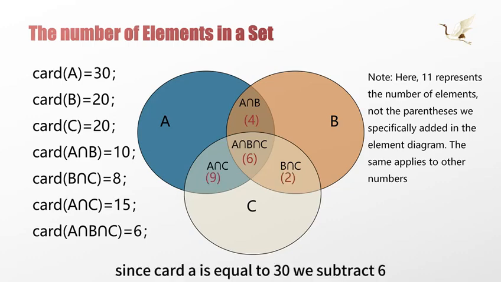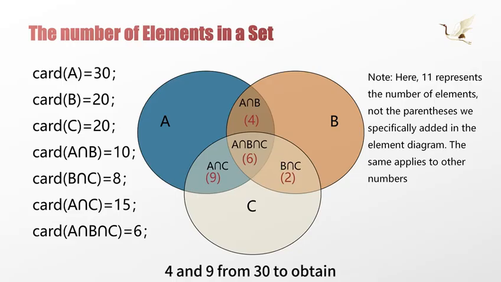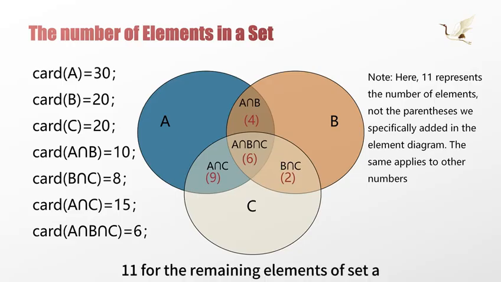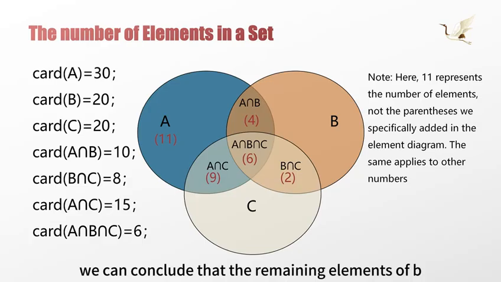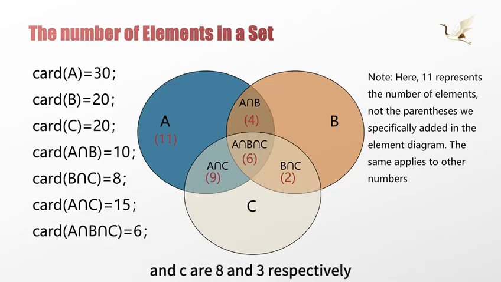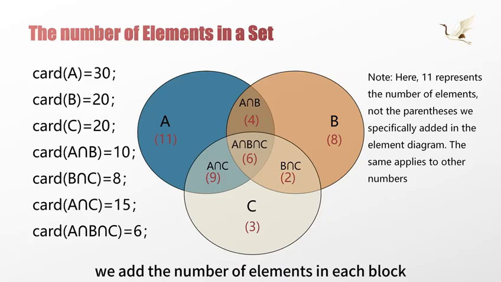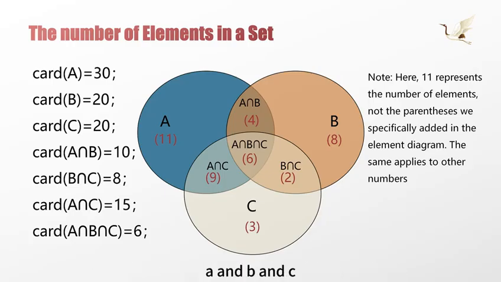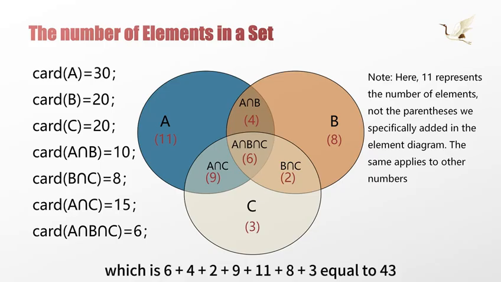Since card A is equal to 30, we subtract 6, 4, and 9 from 30 to obtain 11 for the remaining elements of set A. Similarly, we can conclude that the remaining elements of B and C are 8 and 3, respectively. As shown in the figure, we add the number of elements in each block to obtain the value of card A union B union C, which is 6 plus 4 plus 2 plus 9 plus 11 plus 8 plus 3,